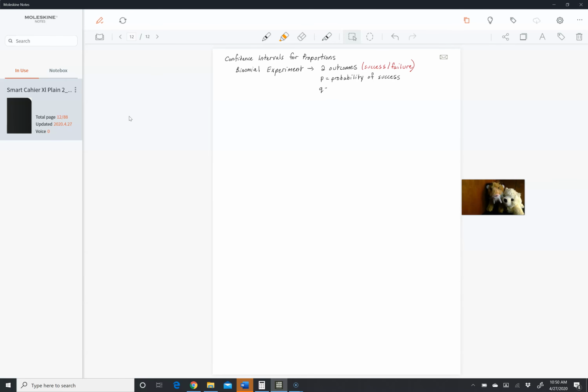And Q is 1 minus P, and that's the probability of a failure. So when we talk about the probability of a success, this is also called the population proportion. Okay, so P,